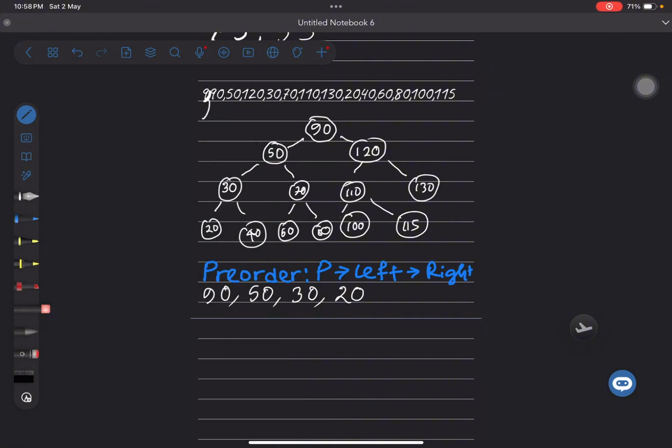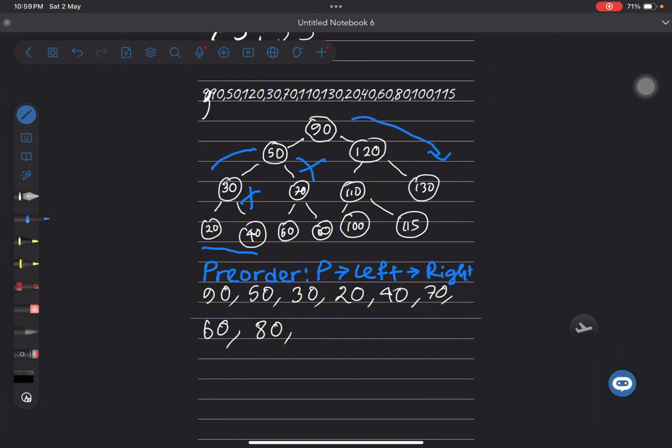Okay, my bad. So now 20 is done, so we go back to the parent of 20, which is 30, and then we come to the right side, which is 40. So now we write 40. After that we can say that this side is done. Now we go to the right side of 50, which is 70, and then the left of 70 is 60, so we write 60, and then the right child is 70, and then this entire left side is done, so